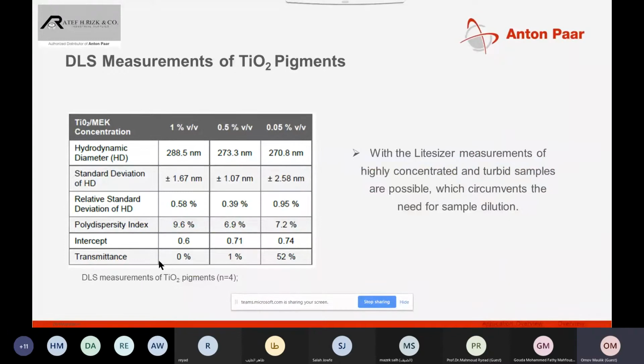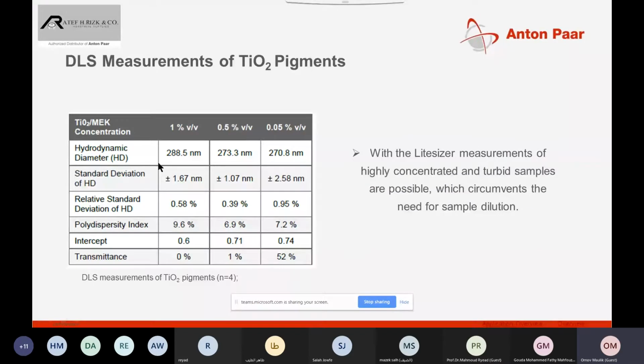TiO2 is an example where, because TiO2 pigments are basically used for paints and cosmetics. So when we talk about these pigments, of course, the particle size itself will give you an idea about the finish of that particular paint, or say nail polish, because the texture or finish of that paint would be dependent on the particle size. So what we have done is we have measured the TiO2 particle in MEK concentration just to see the pigment size of that particular paint.